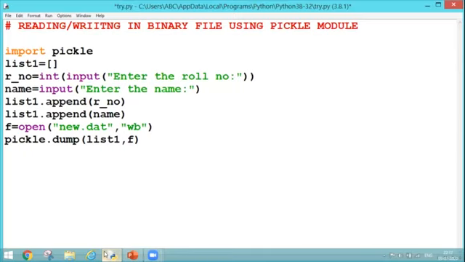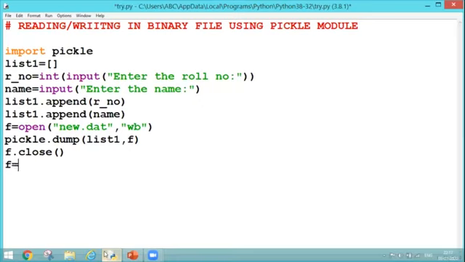And my data is automatically converted into byte array format, because this is only the functionality of my pickle module. After this, I'm supposed to close my file. So my procedure of writing the data in the file is completed. But as I told you earlier also that binary file does not store the data in the human readable format. So if I'll go and open my file and I'll view the data, then also I'll not be able to read it. So for reading the data, again what can I do?